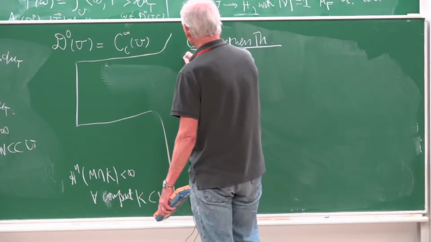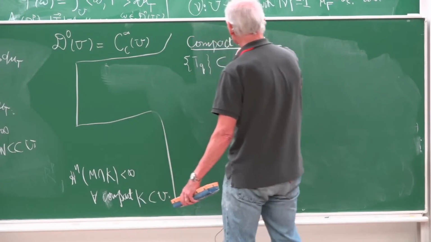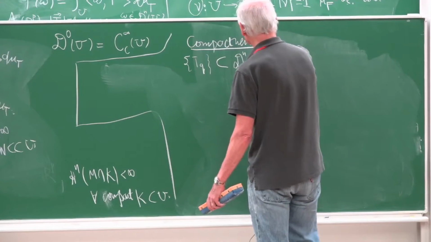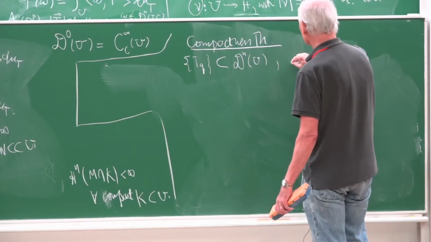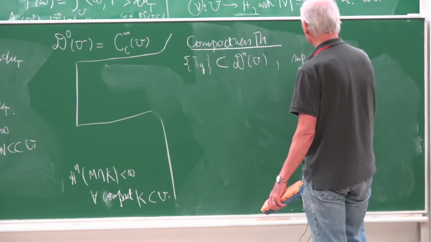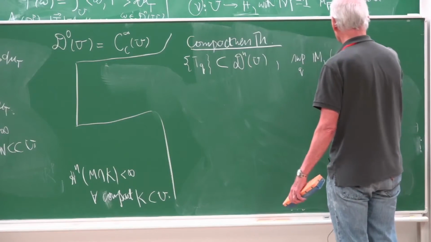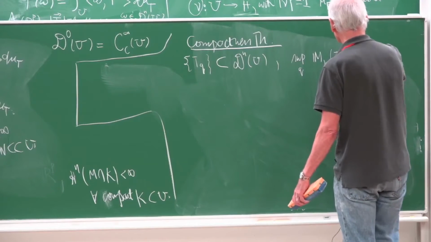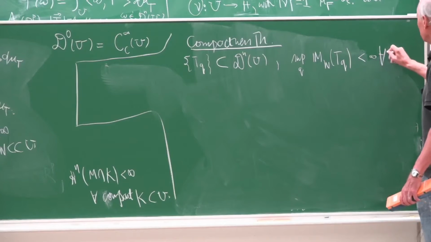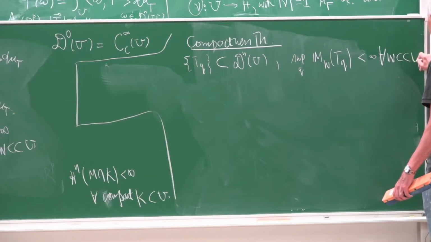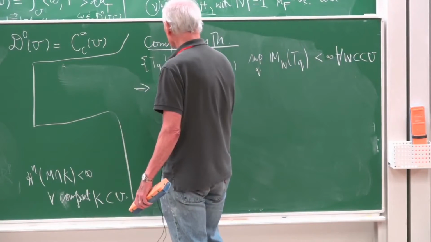Namely, if you take a sequence T_Q contained in the currents D_n(U), and if the sup over Q of the mass M_W(T_Q) is finite for every W contained in U,